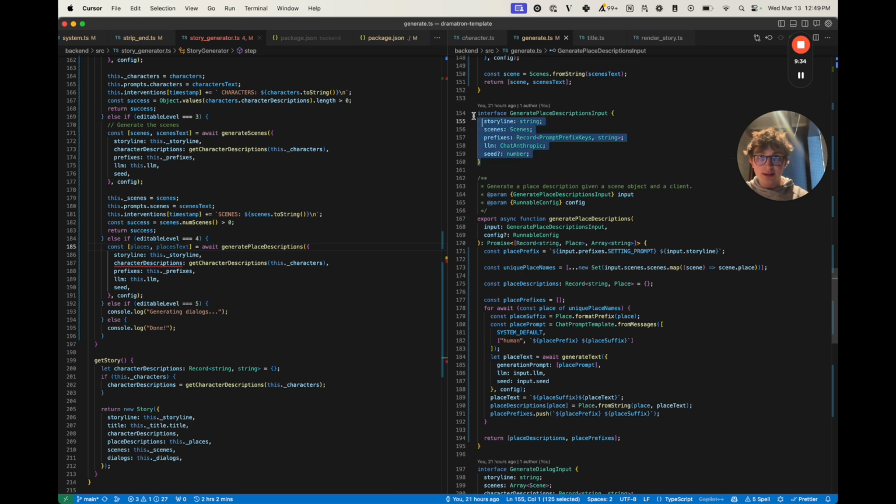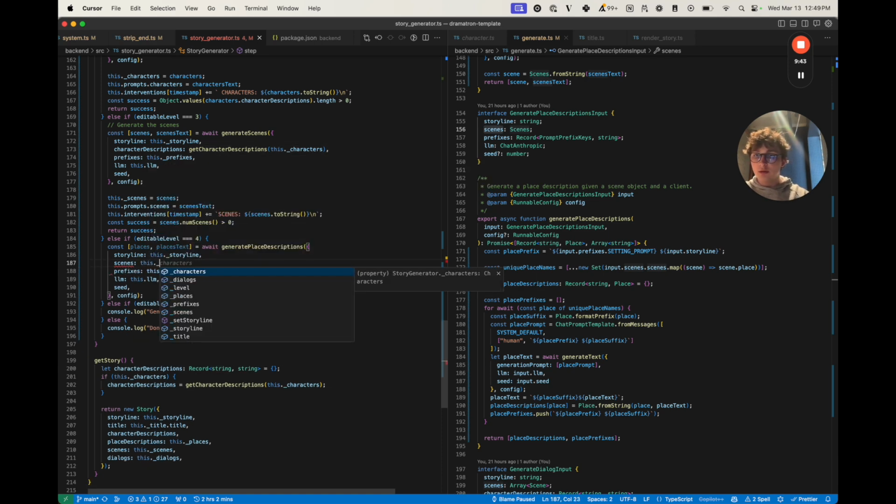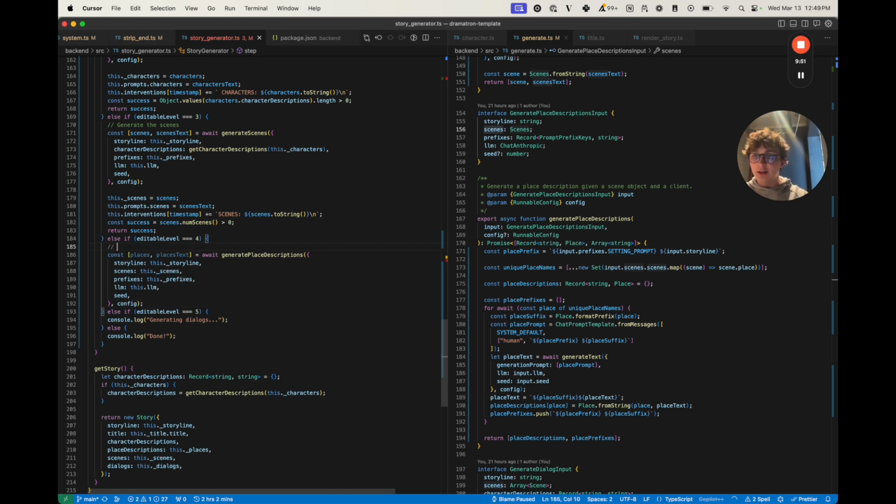We see that it takes in storyline scenes, which is new, so we can swap out scenes for the scenes class property. Prefixes, LM, seed, config, don't forget. And let's add a comment. Generate the place